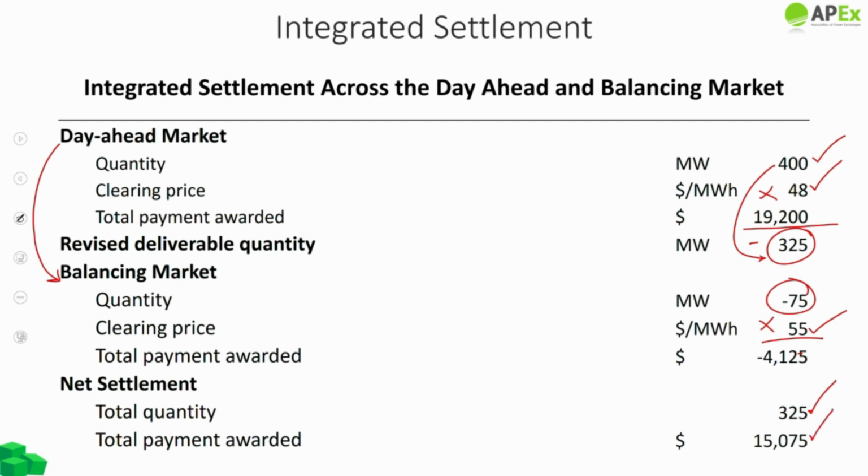This integrated settlement mechanism aligns with the principles outlined in the last module, emphasizing that the cost of cover, the market price of replacing the contracted power, is the fundamental benchmark. In this case, the balancing market serves as the platform for covering the shortfall in the generator's initial commitment, and the associated cost of cover is determined by the clearing price in the balancing market. This integrated approach ensures that market participants are accountable for adjustments to their commitments, promoting efficiency and fairness in the